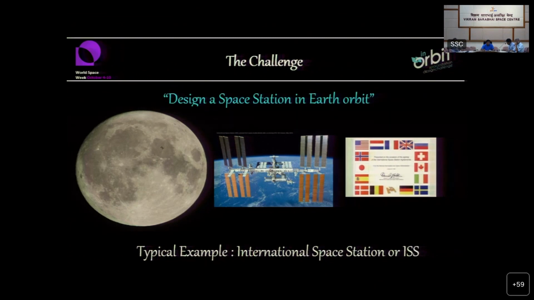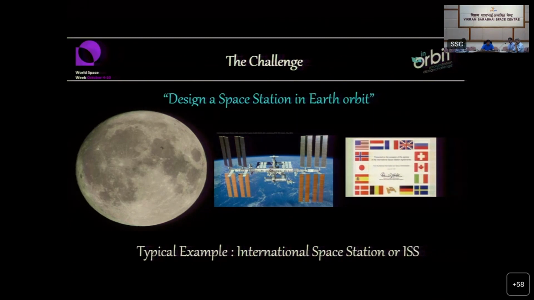In this particular event, you need to design a space station with different modules or a single module. This is up to you, how you want the space station to look. And devise a strategy on how you want to carry out the activities.